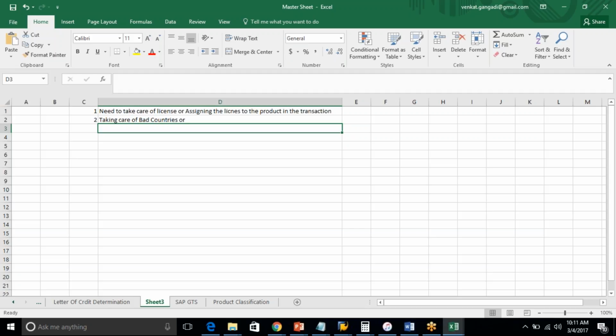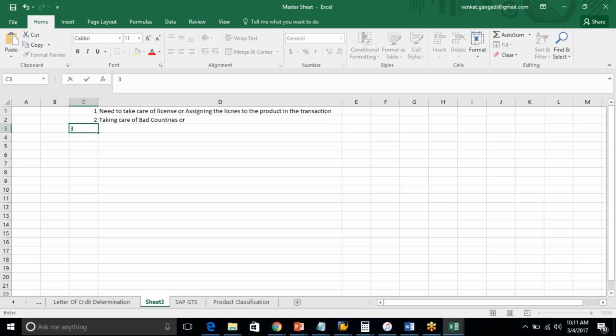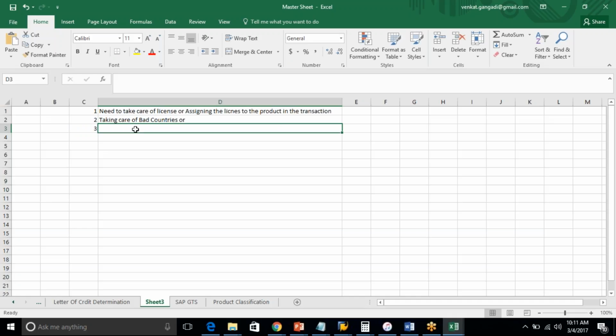Okay. The first thing is we need to take care of the license. The second thing is we need to take care of the bad countries and the customers. When I say we need to take care of the customers, what is going to happen is that each and every country, US or Canada or India, whatever it is, publishes bad members. When I say bad members, it is restricted members or prohibited members or blocked members. You can say bad members or blocked members,